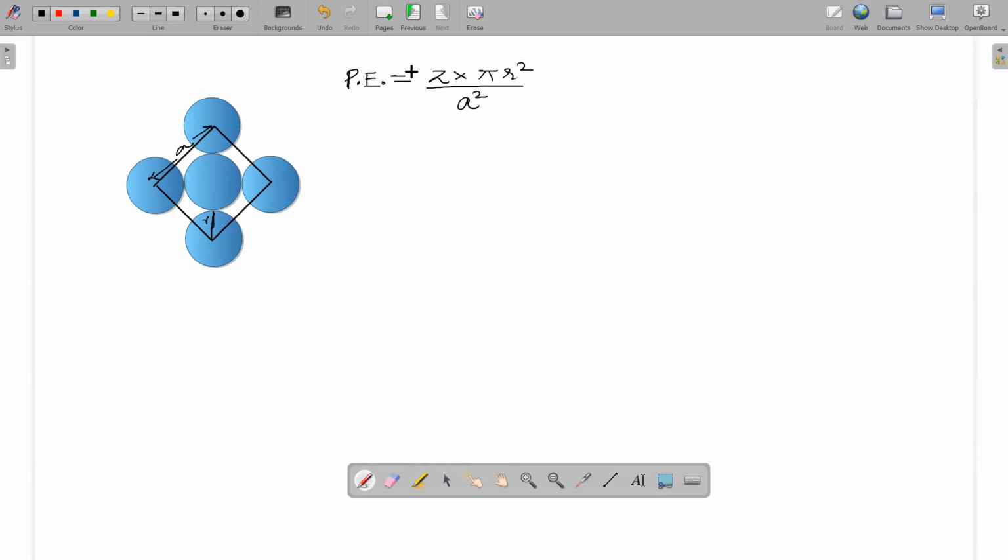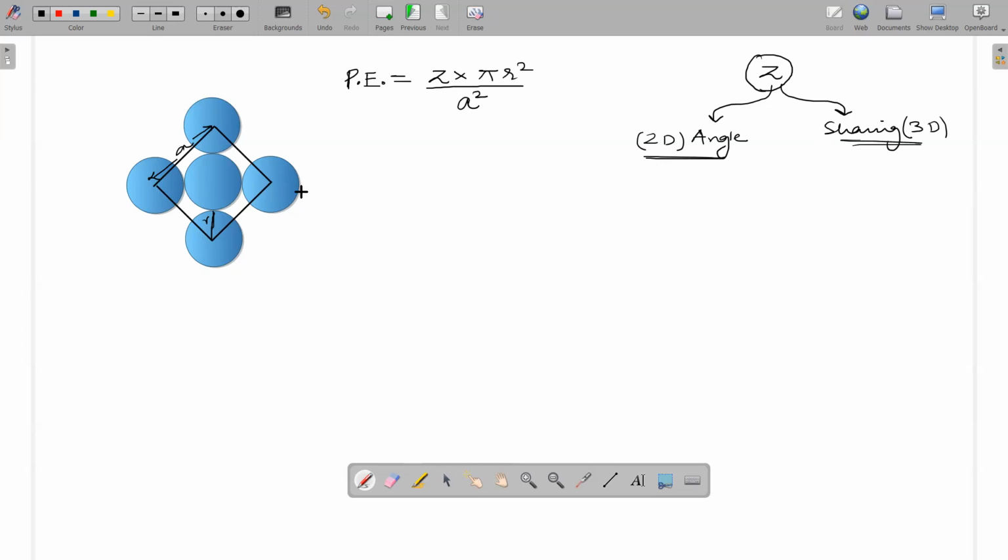Now for Z, let us understand this Z. Number of atoms. It represents what? To find Z, you have two methods. You can find Z either by the angle method or by the sharing method. Angle is used when we have 2D, sharing will be used when we have 3D. You can use angle in 3D and sharing in 2D, or vice versa, but I'm suggesting use angle in 2D and sharing in 3D.